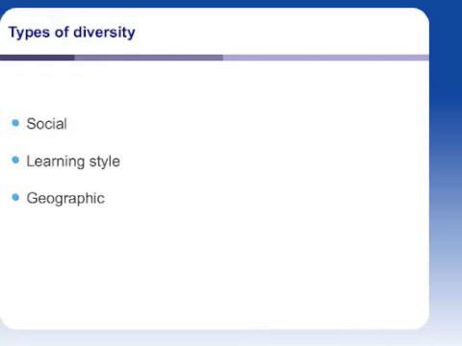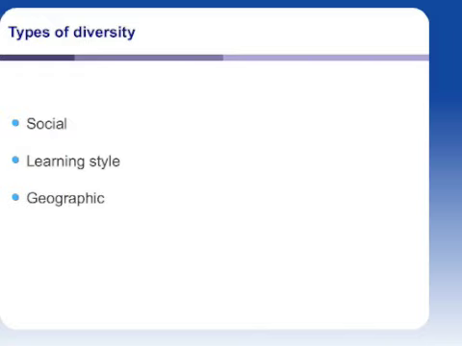There are many ways that individual learners can differ from one another. There are many types of what I'll refer to as social diversity. This includes age, race, religion, culture, gender, sexual preference, ethnicity, and socioeconomic background. Learners also differ in their preferred learning styles. Some people are visual, verbal, auditory, or kinesthetic learners. Learners can also be field independent or field dependent. All of these factors influence how they approach and interact with the educational materials.